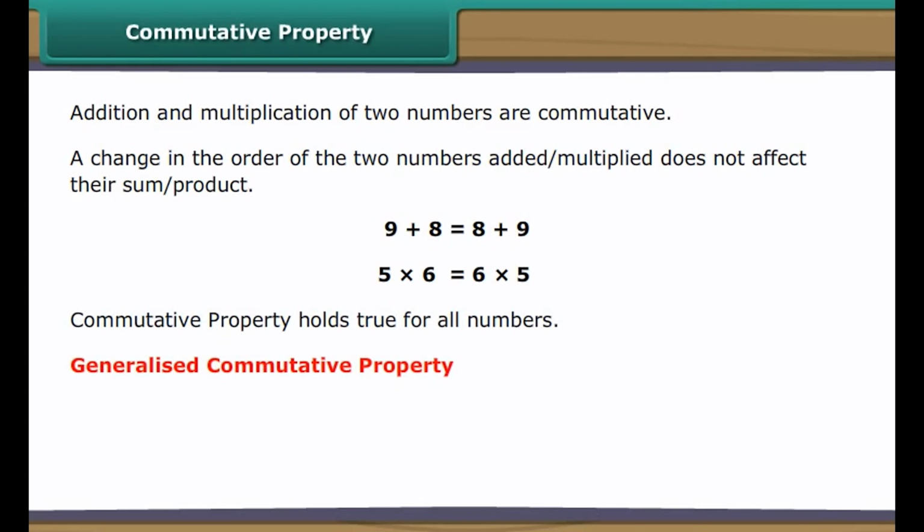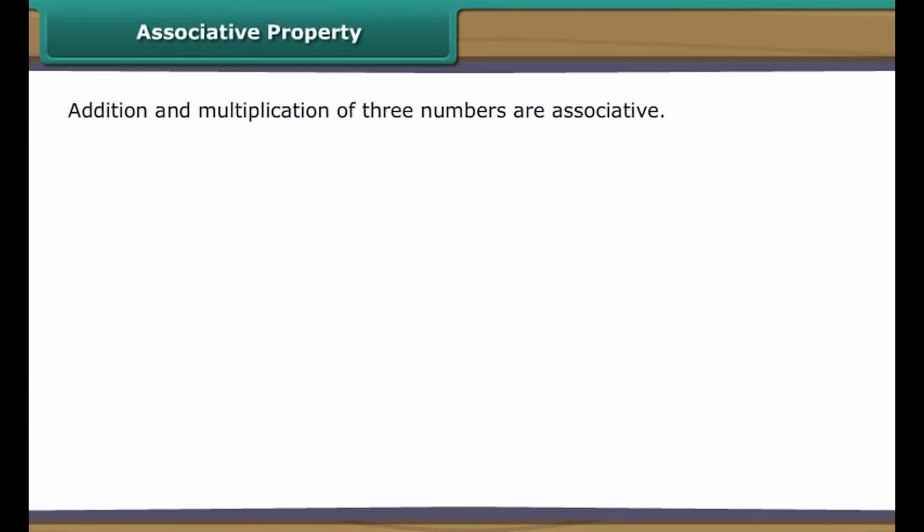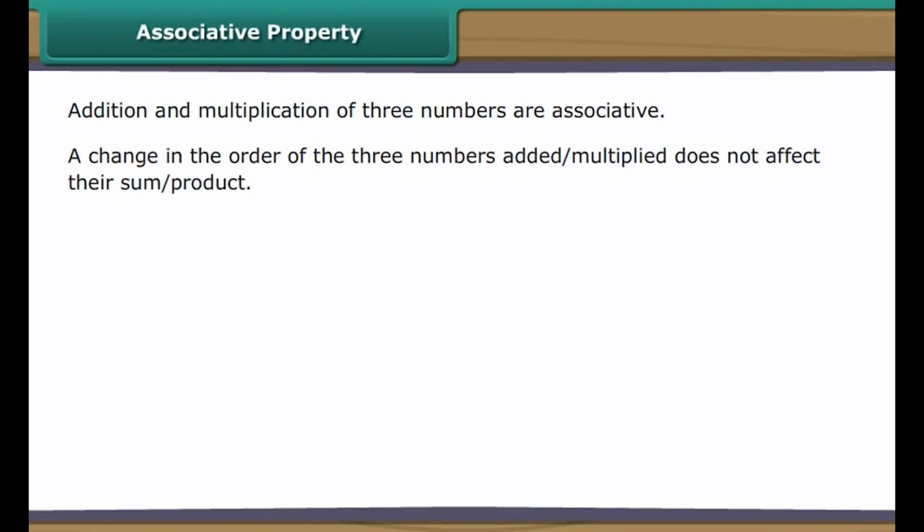We can therefore generalize it with variables as a plus b is equal to b plus a, and a into b is equal to b into a. Associative property. Addition and multiplication of three numbers are associative. In other words, a change in the grouping of the three numbers added or multiplied does not affect their sum